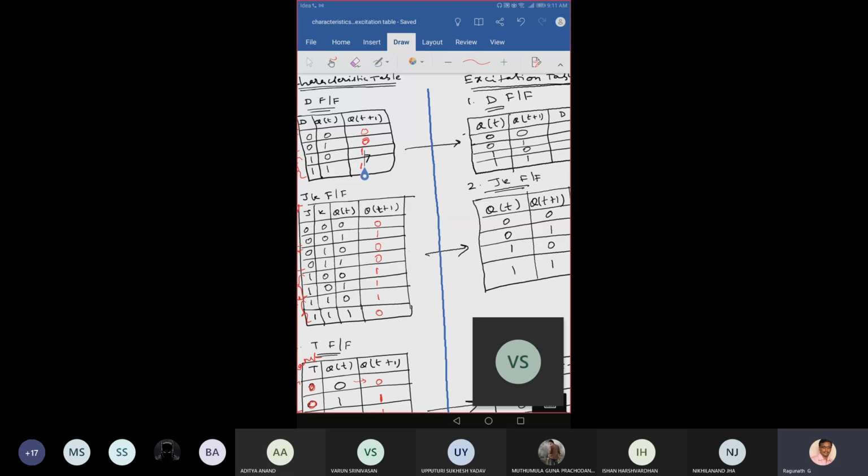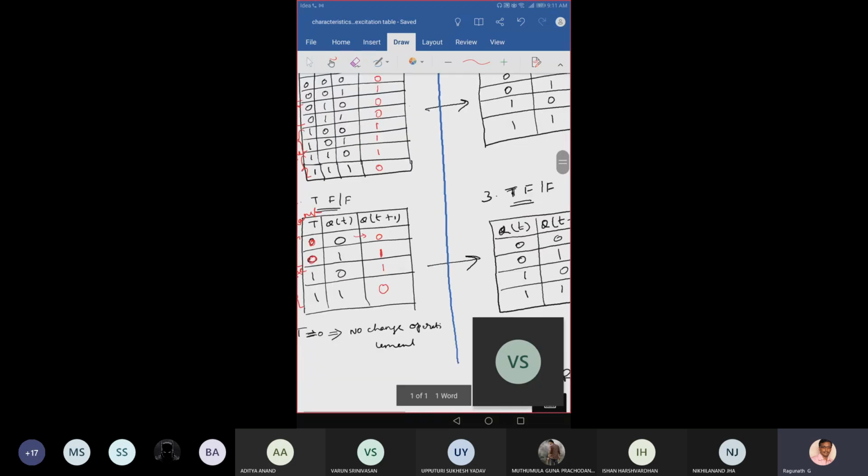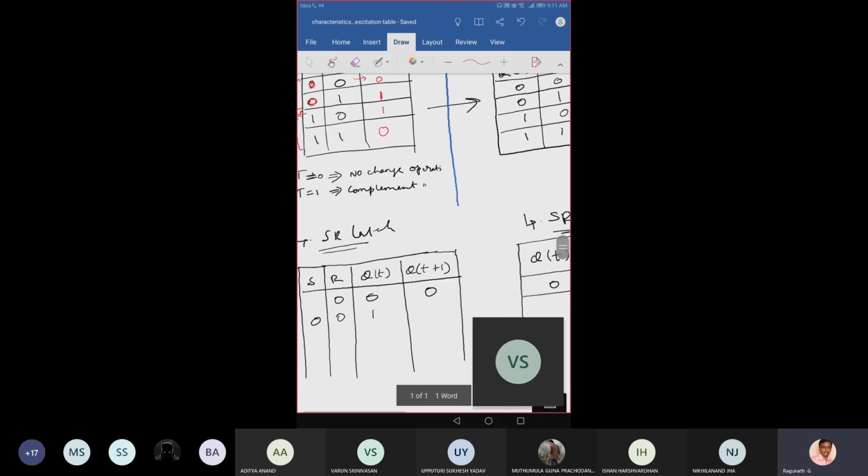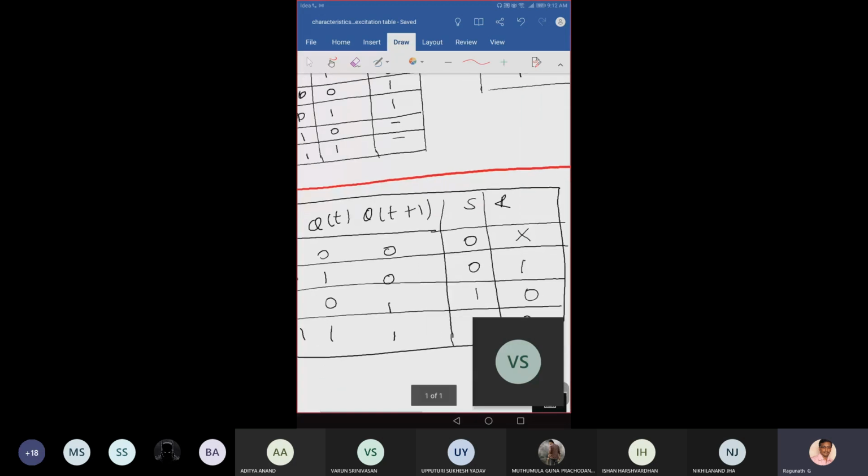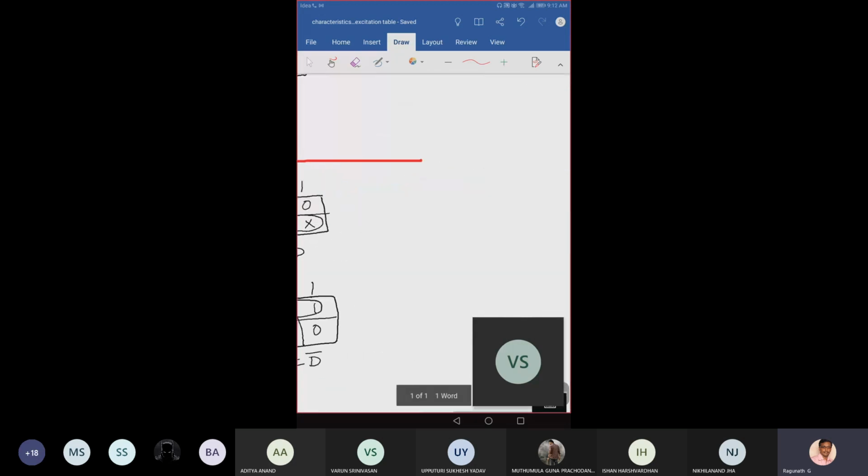You got my point. There are two types of things in solving the problem. One is called analysis and another one is called synthesis. Analysis means I know the circuit. I know the inputs of the circuit also, but I don't know what is the output of the circuit. So inputs are known, circuit is given, and output is unknown. In that case, I have to do analysis.